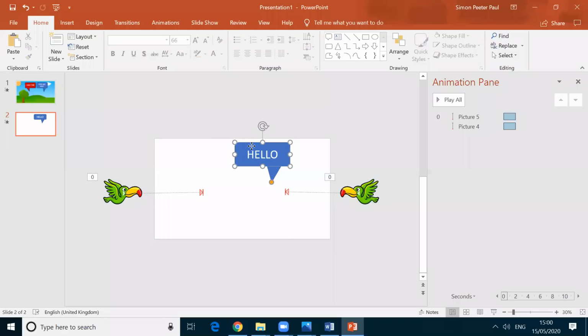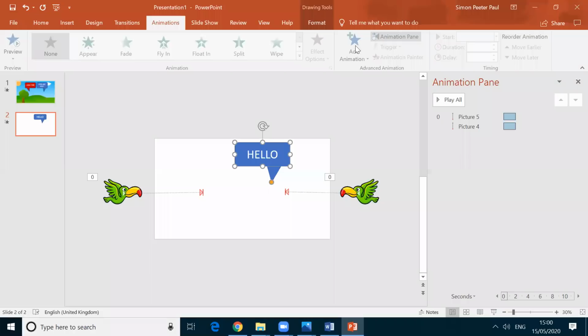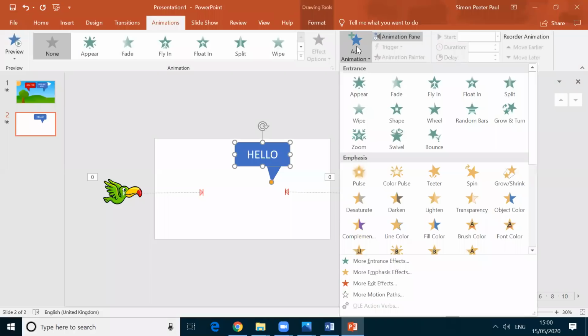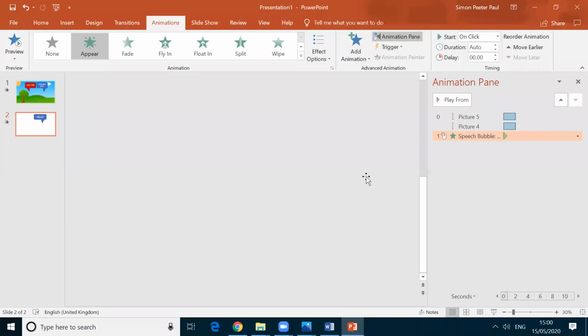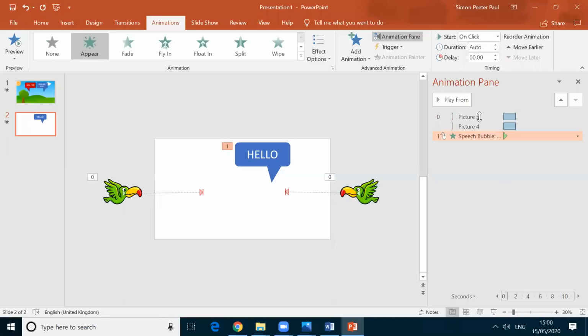To add animation to it, click on it, go for animation and add animation. The first thing is that this hello callout has to appear. So I'm clicking the appear option, and it has to appear after these two birds' animations. So I select start after previous.